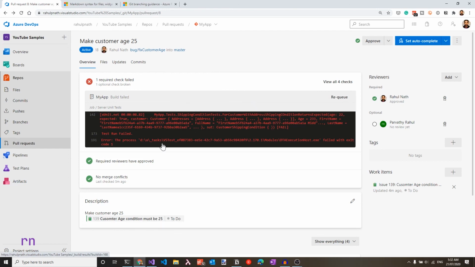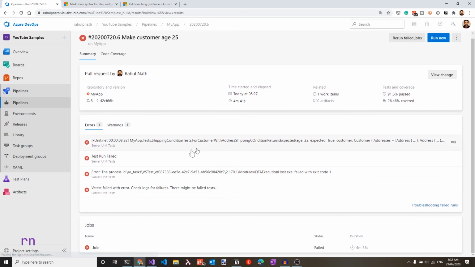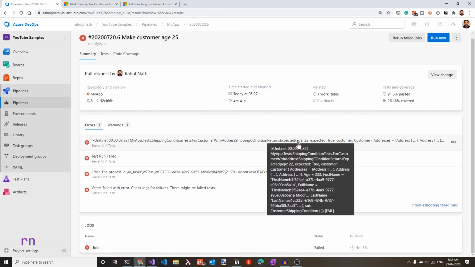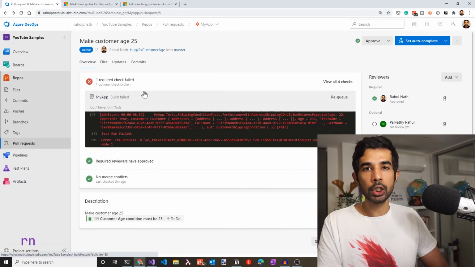When I changed the particular value from 21 to 25, I actually broke a test. I did not fix the test before pushing that in. If you click the build details, you can see the details of the failure. In this case, it fails the condition the expected age 22 must be true. You can go back again and fix this pull request. Now with the branch policy check, we have now ensured only the code changes that passes all the tests gets merged into your main development branch.